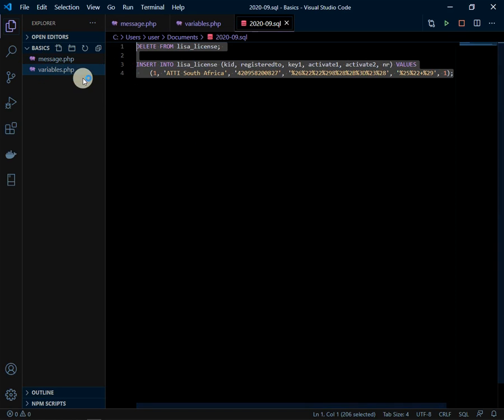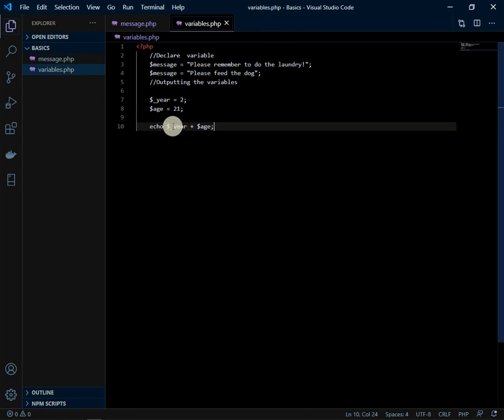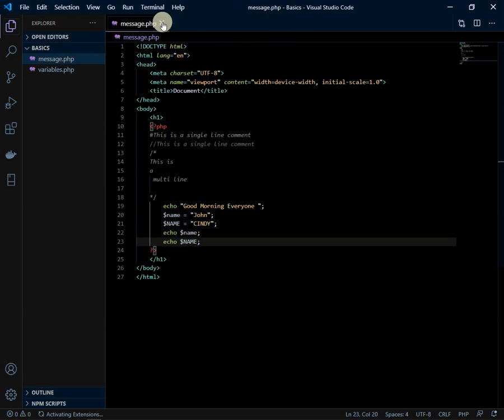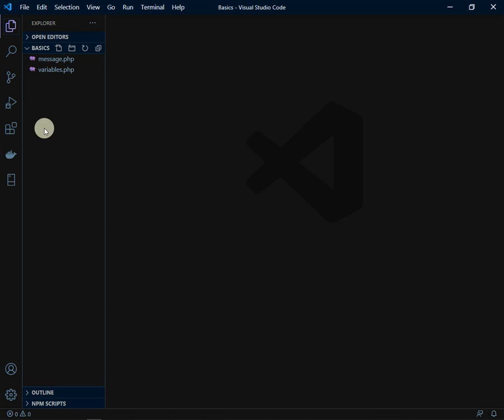Alright, so last time we did talk about variables. I just want to close this. Now today we'll look at constants because it's something we're going to use along the way. Basically, what is a constant in PHP? It's